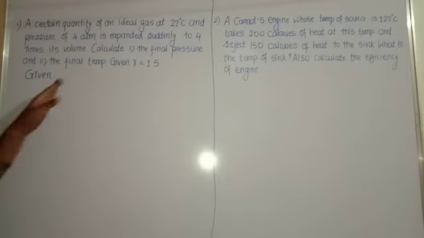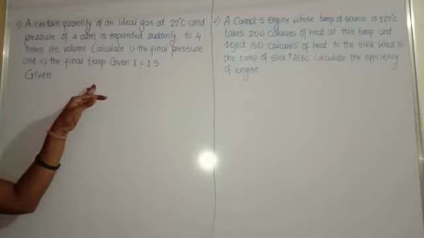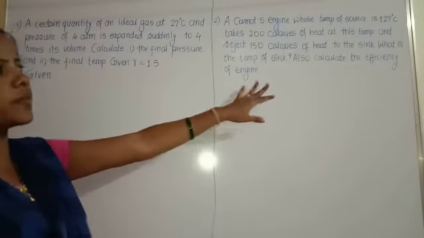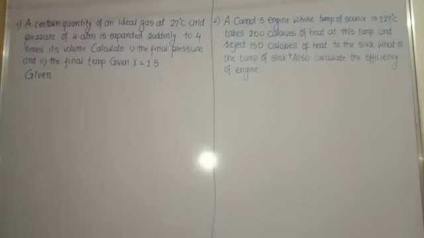Okay, so using this type, there are a number of numericals present in the chapter, but this is the one type and these are the second type. So depending on these two, there are a number of numericals present.